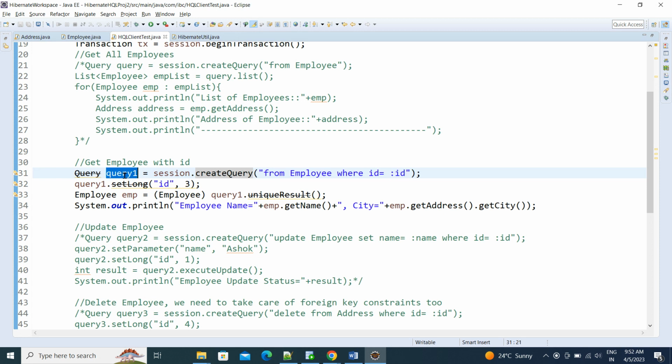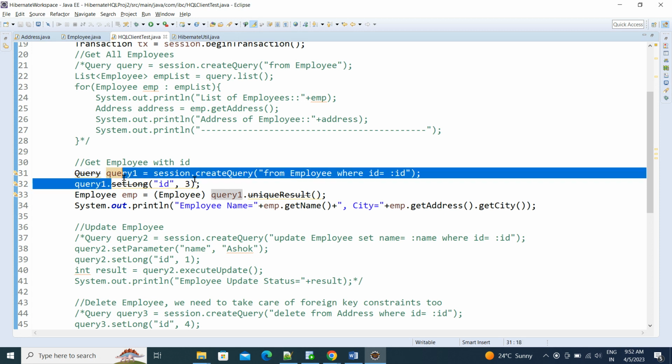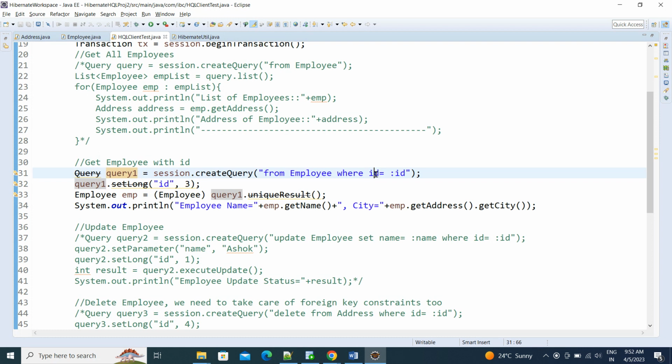Right, it will give query dot set long. Why is it long? The ID in the Pojo class is of type long. So that is the reason for query dot set long, and we need to give this one. Okay, if I'm changing here to an id value, then we need to give here an id value. Whatever the value that we want to pass, second parameter as a value. Okay,